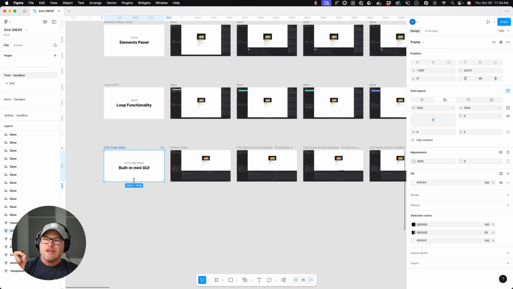I know the basics of CSS, but I can't remember that stupid linear gradient syntax. What is it? And I don't want to look it up. I don't want to ask AI. I would just like to click a button and it would just throw in the linear gradient function for me. I could swap my values, I could move on with my life. That would be fantastic, right? And there are other features that are going to come into play with this.